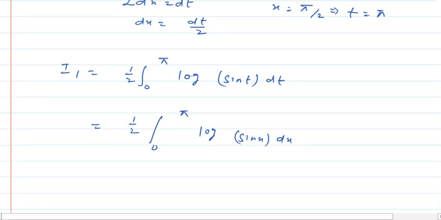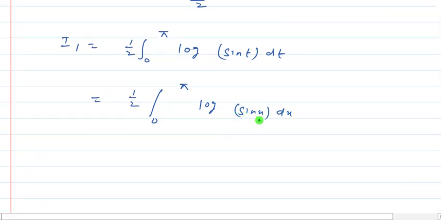We know that there is no change in the value of definite integration when we change the variable. Now the limit is 0 to pi, and this pi can be considered as 2 into pi upon 2, that is 2a. So the last property says 0 to 2a is there. We are having the limit, then f(x) dx can be written as, let me write the property,